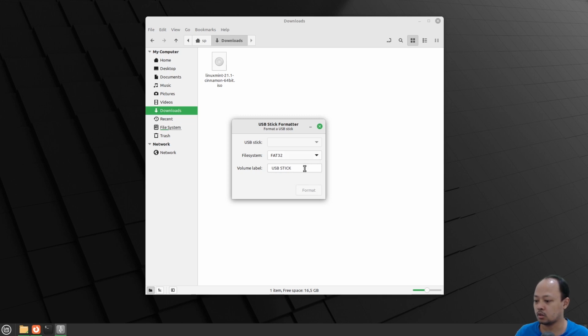And you can obviously change the name of the USB stick. Okay, and then you can click format. Because I'm using a VM, I cannot show you.